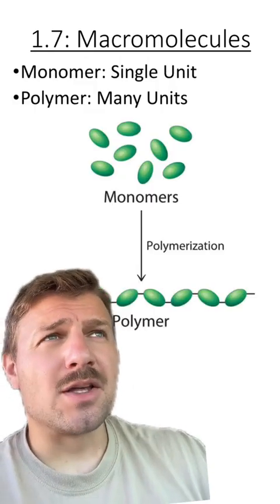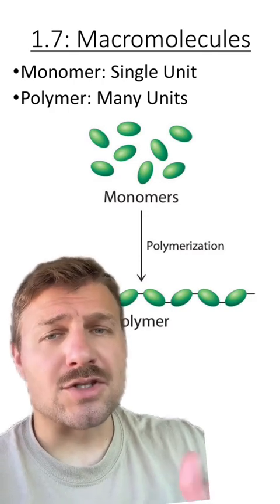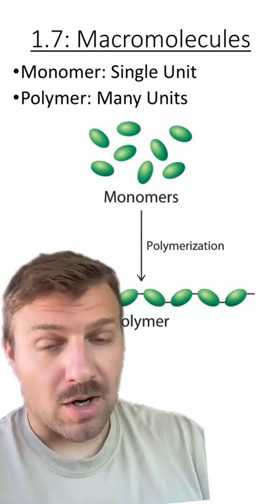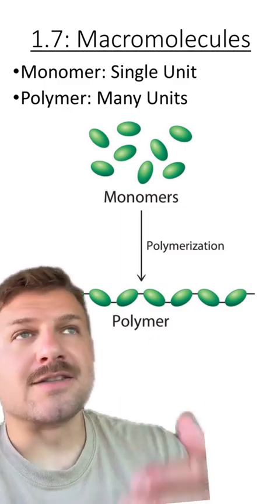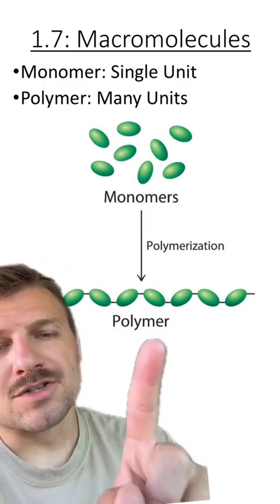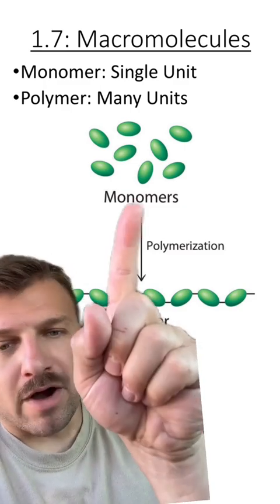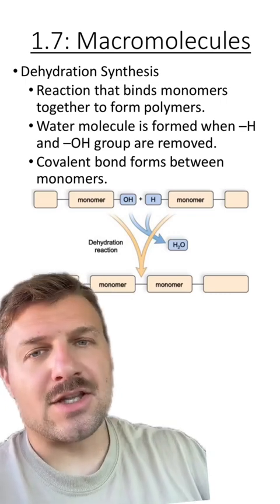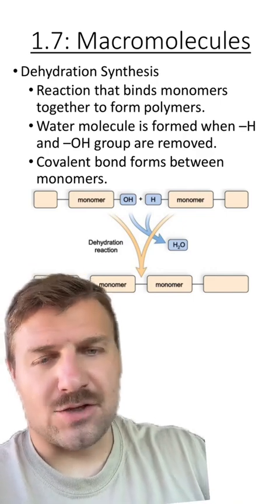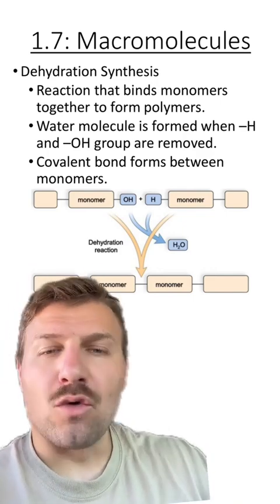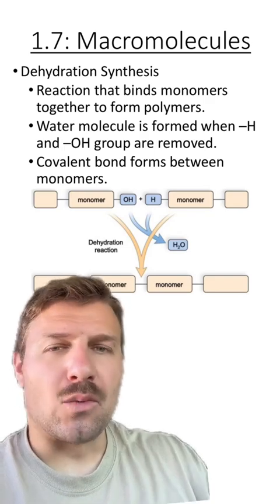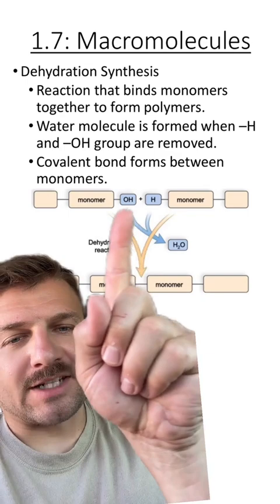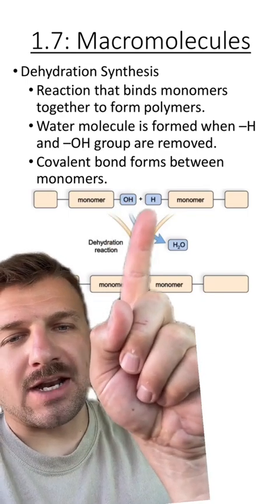Now, these macromolecules are made of many subunits called monomers. So think of mono as one, monomer, and the polymer is the larger unit. So polymers are made up of many monomers. For this reaction to occur, there's a specific type of reaction that is called a dehydration synthesis reaction. This is a reaction that forms polymers by removing water. Think dehydrate, you're taking out water, and in this case, we're taking out an OH and an H group to